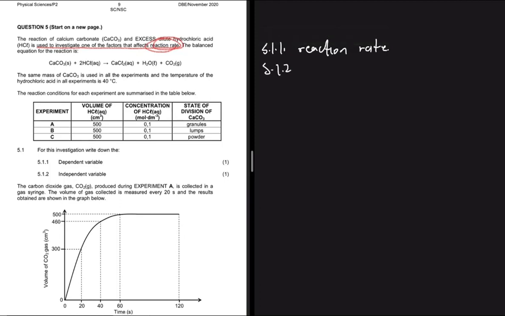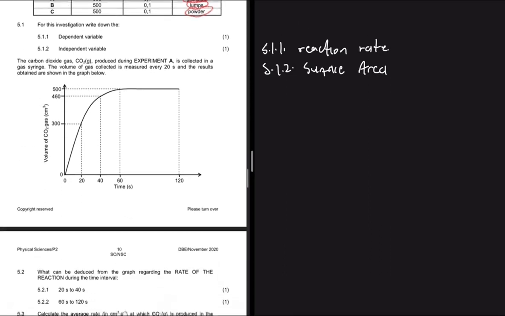And then 5.1.2 says, what is the independent variable? So the independent variable is more like, what are we changing to investigate that which we're investigating? If you look at our table, in experiment A, we used granules of calcium carbonate, and then for experiment B we used lumps, and for experiment C we used a powder, right? So the independent variable here is the surface area, because it's what we're changing to determine its effect on reaction